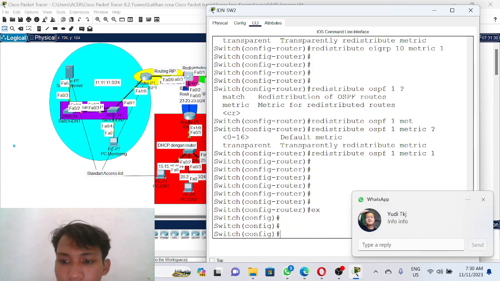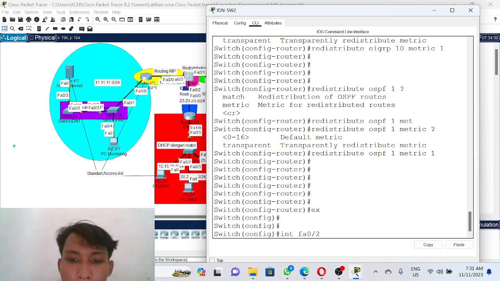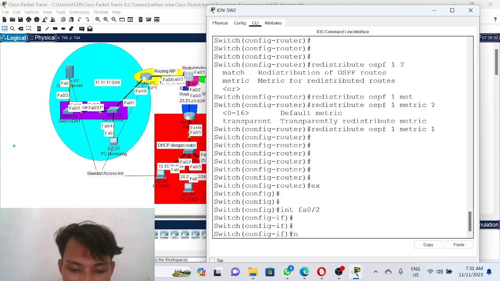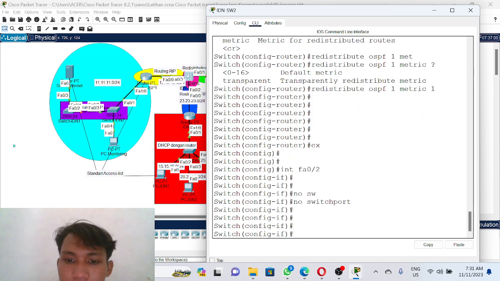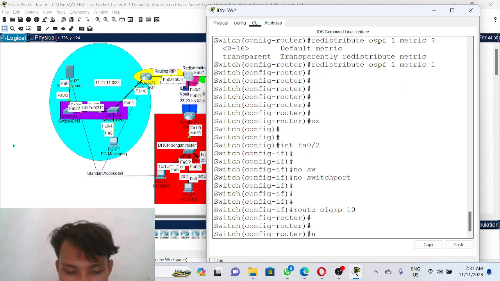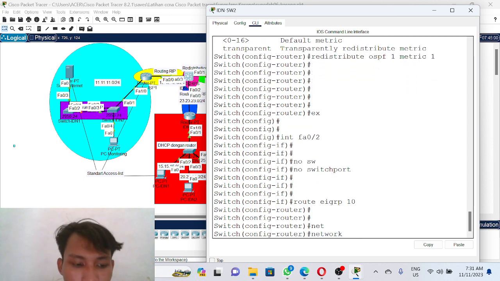Then we go in the interface Ethernet 0/2, no switchport, and then we go in the router IGRP 10, network 23.23.23.0.